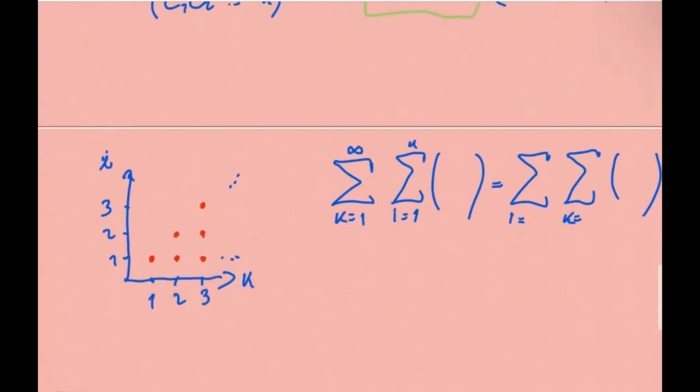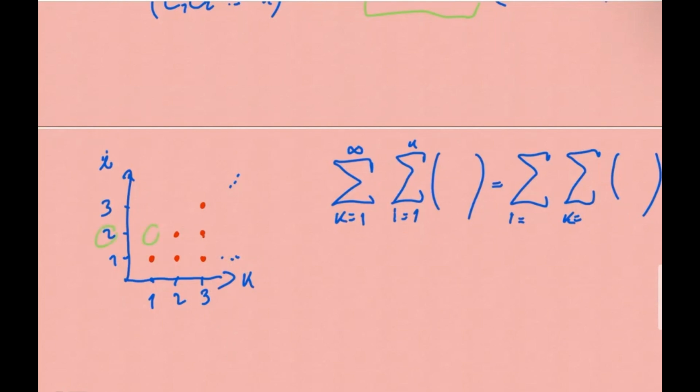So we have to see what the starting points and what the end points are in this case. Okay, so if i equals 1, then k runs from 1 up until infinity, right? Okay, let's take a look at the second point for i. If i equals 2, now